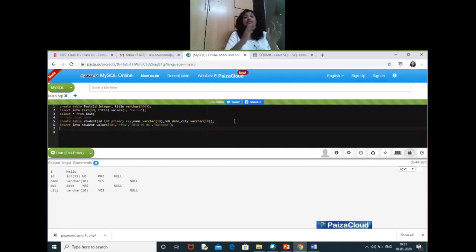Now in this particular row we have provided values for all the attributes. What will happen if we do not have the values for all the attributes? Say for the second row I do not know the value for name. So what is to be done? We'll just write insert into student. Within brackets we'll provide the names of the attributes whose values we have.